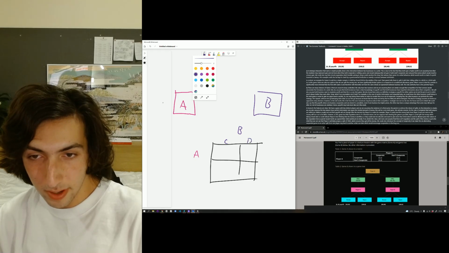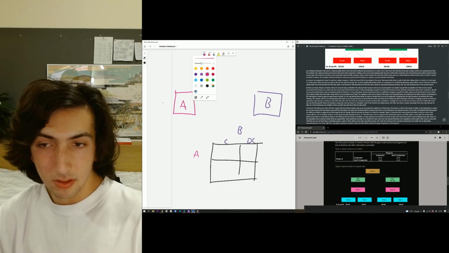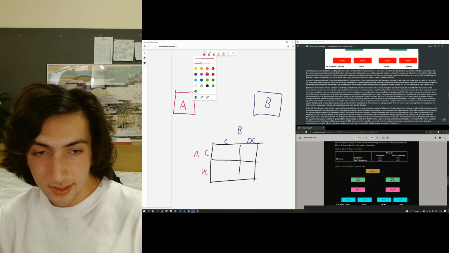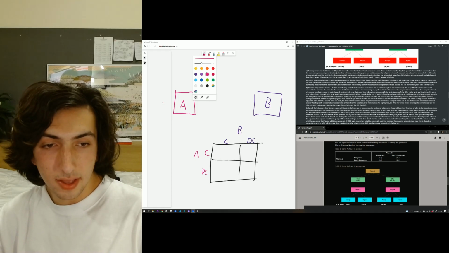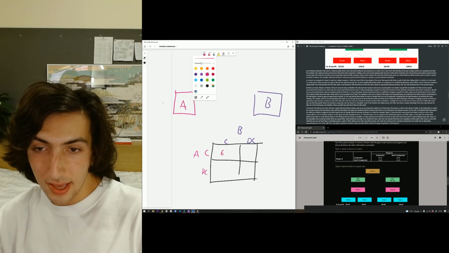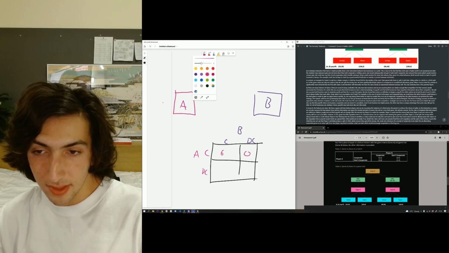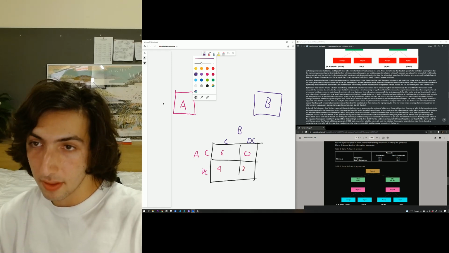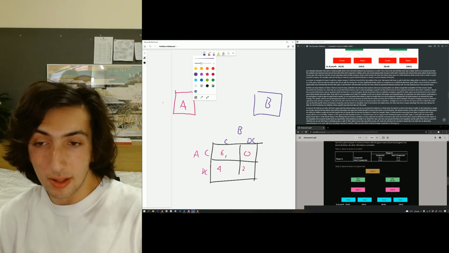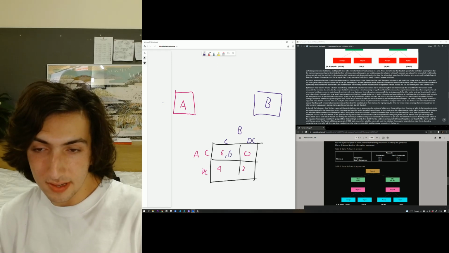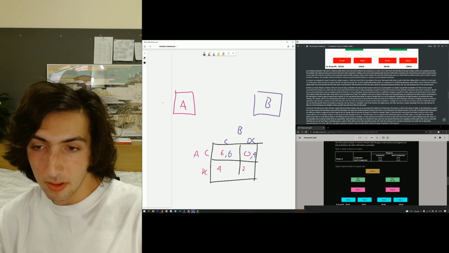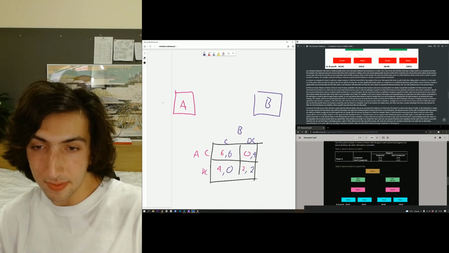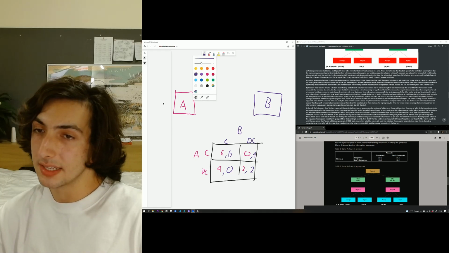Okay, so let's call cooperation and don't cooperate for both of them. So this is cooperation for A and do not cooperate. For A, the payoffs here are going to be 6 and 0 for cooperation, and they are going to be 4 and 2 for not cooperating. For B it's going to be exactly the same, just inverted. No, it's going to be 6 and 0 on cooperation and 4 and 2. The same thing.